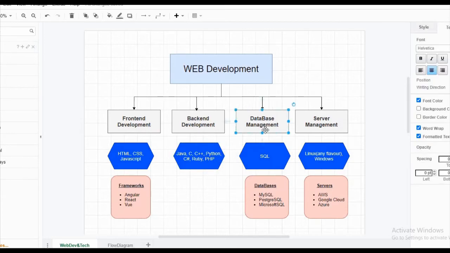For the database side, you should start with learning SQL, which is very essential. You can go to my videos. I have 3 or 4 videos for the basics of SQL. And for the database, you can choose any one of these: MySQL, PostgreSQL and Microsoft SQL. The basics will be the same, basic syntaxes will be the same.